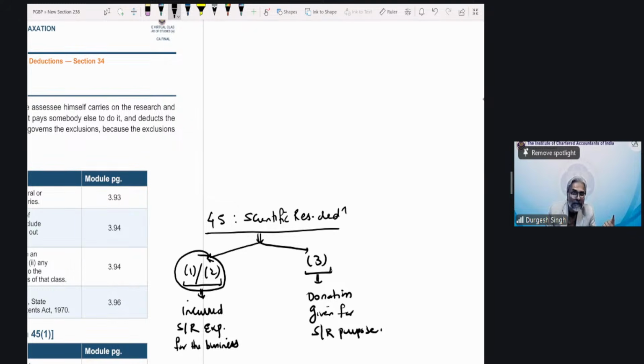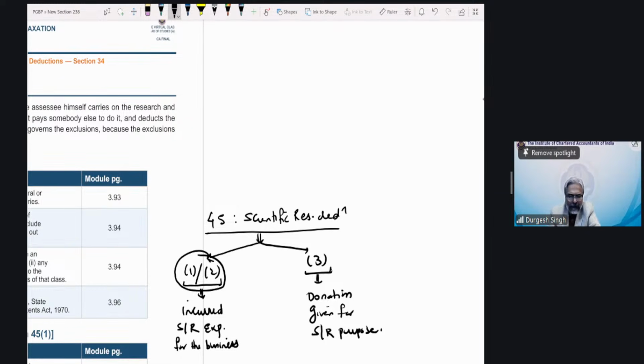And what has happened, students? Now we find many of these heavy goods vehicles being exported to many countries, and this is one of the reasons. You do the research and the government will provide you the support in the form of deduction. And what is the deduction, students? The deduction is your revenue expenses and the capex that you have incurred, not all the capex. The specified capex will be allowed as deduction 100%. I hope that all of you are clear with this one.